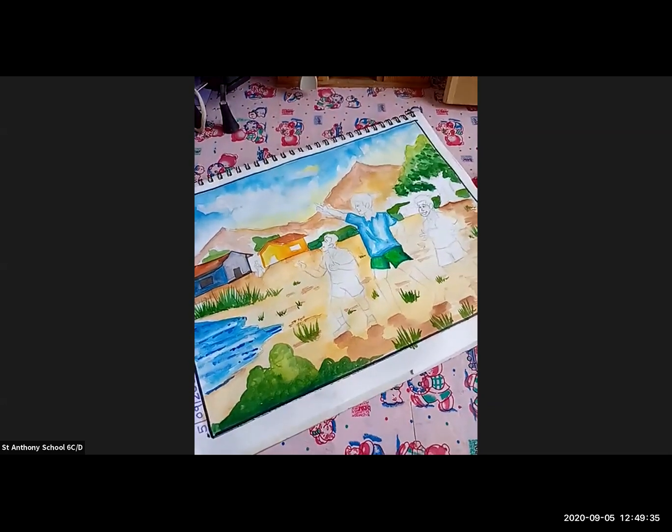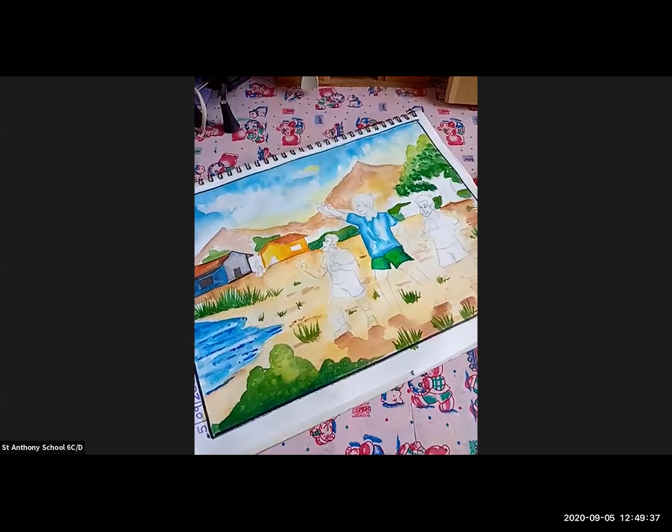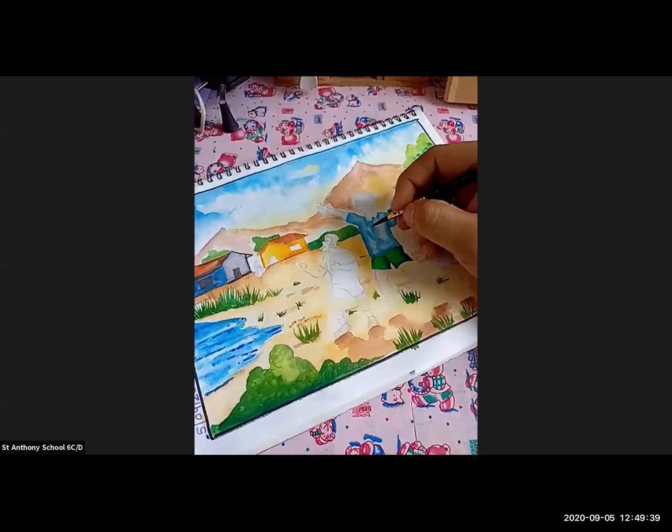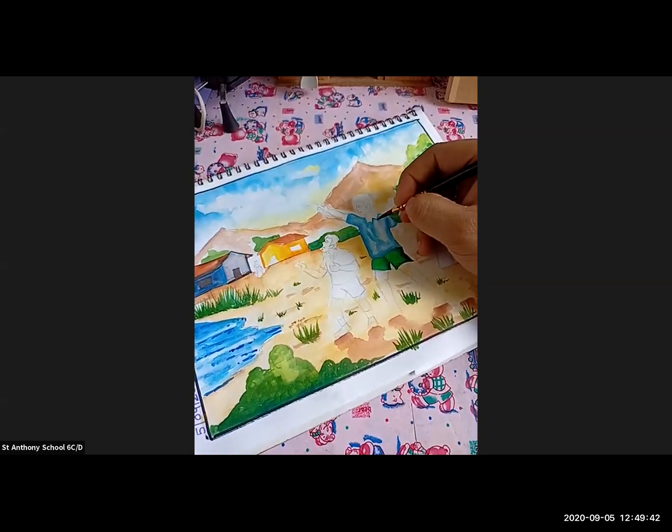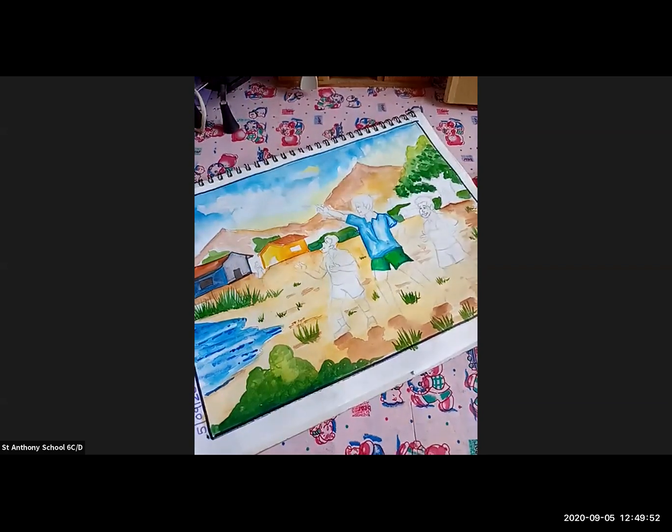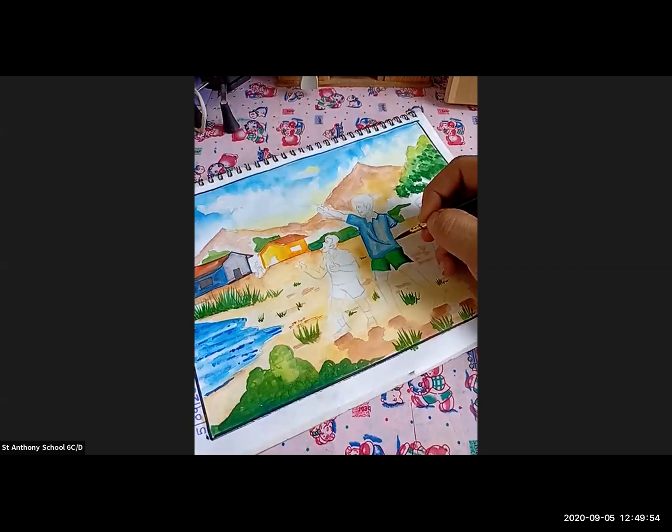And to show the dark tones of that shirt, after that color dries, you just have to take a dark blue shade. Okay, here I'm taking a dark blue shade and adding some dark blue shade to this. Okay, just look at this. This is how you're going to do it.